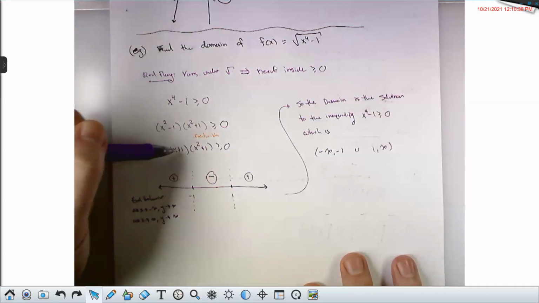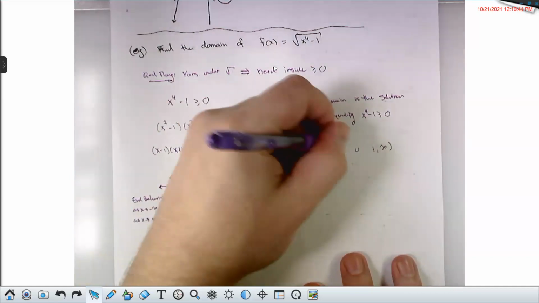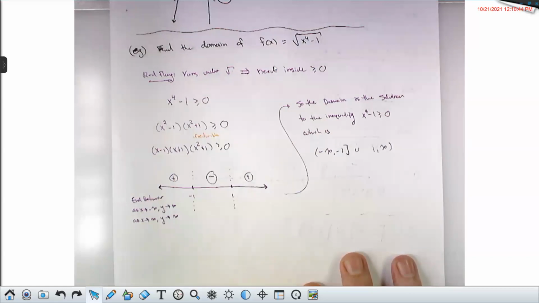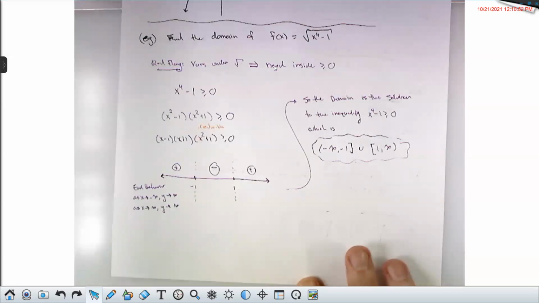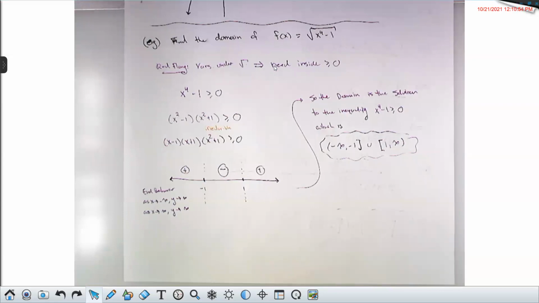And when you plug in negative 1, you get 0 is greater than or equal to 0, so this would be included. And the same thing, when you plug in 1, you get 0 is greater than or equal to 0. So here would be my answer. I just wanted to show you one example where the problem has a little bit of abstraction, where you're not just told solve this inequality, you have to figure out the relevant inequality. You're not going to be asked for a range for a function like this. The only case where I would ask you for a range is where you know exactly what the graph looks like, and then you would get the range from the graph.